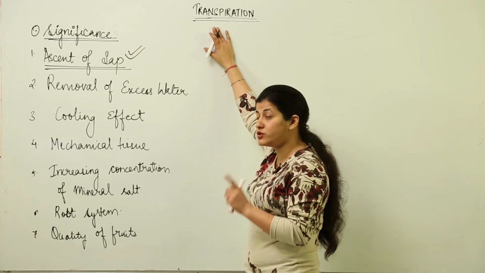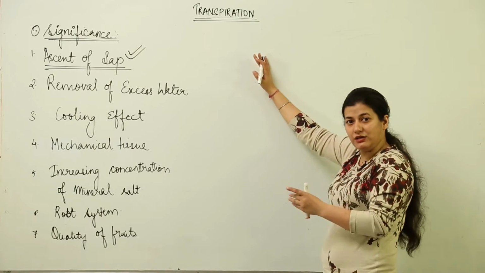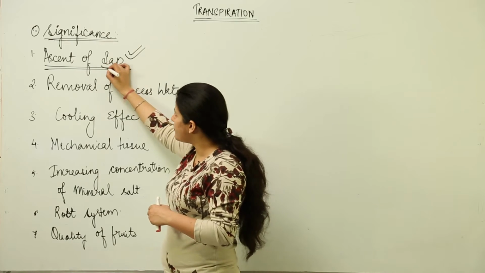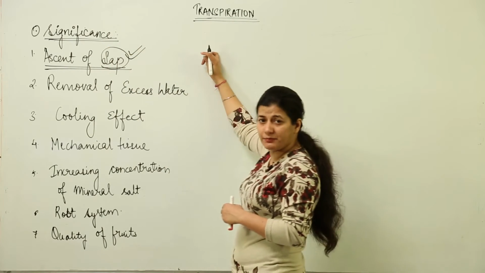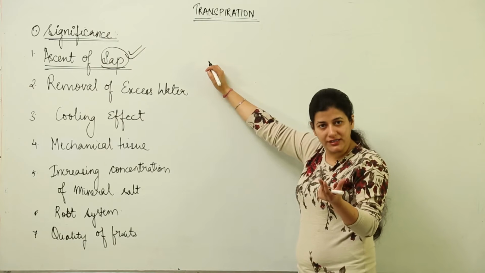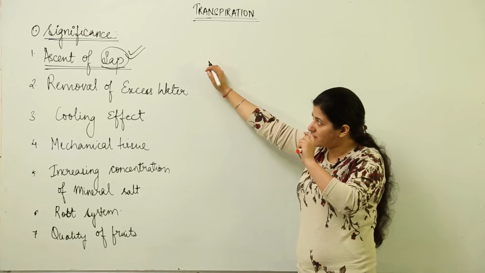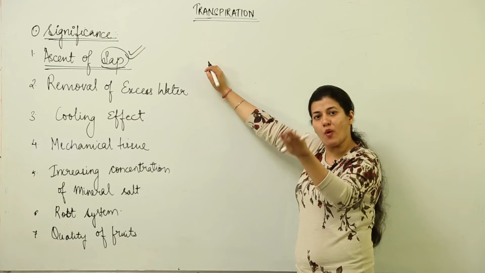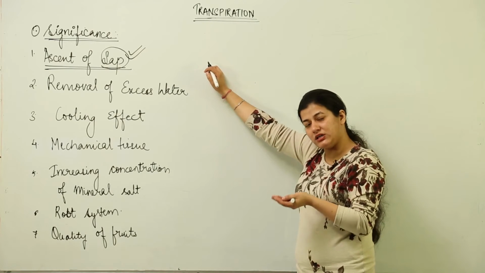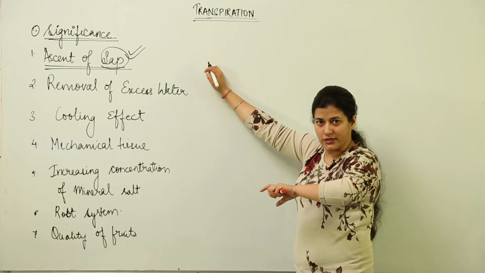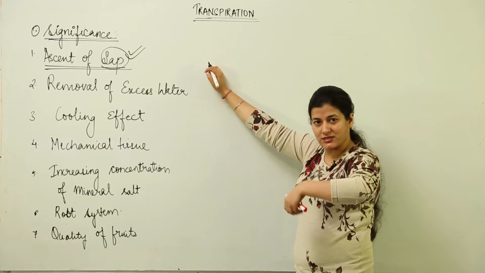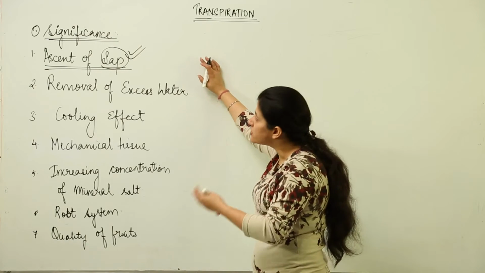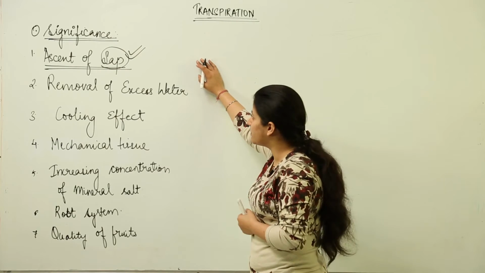So that is why, as I told you in the previous lesson, it is the necessary evil. Why? Because it is responsible for ascent of sap. Now what is sap? Sap is the fluid inside the plant which has water and mineral content inside it. It is the main mineral containing fluid that is moving from one place to another and carrying out the vascular needs, as you can call it. At the same time, because the minerals are dissolved in the water, it makes sure that water also reaches places wherever it is required.